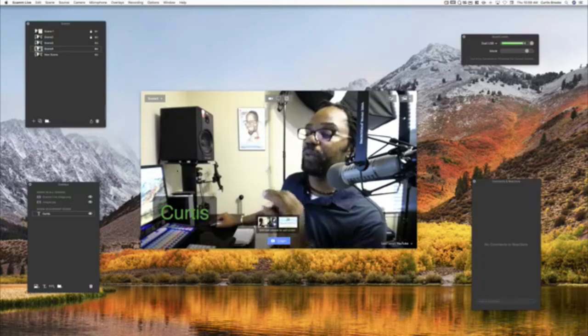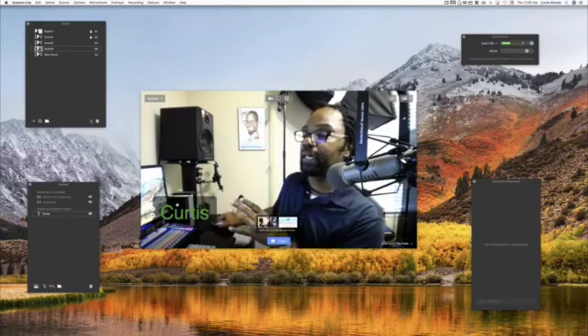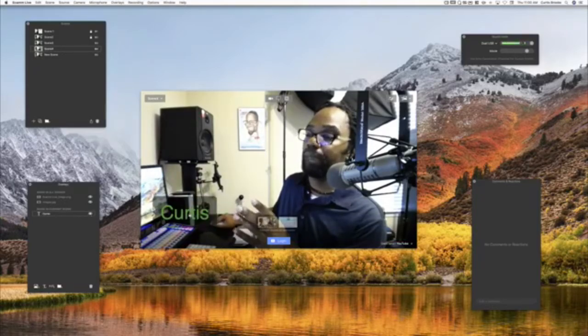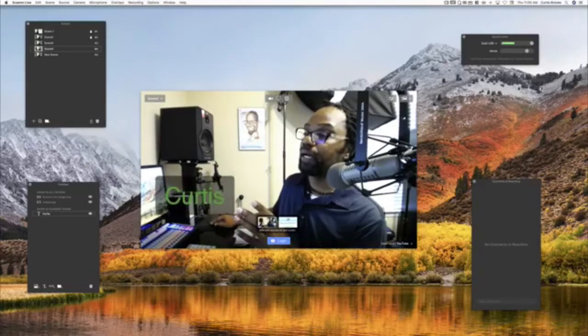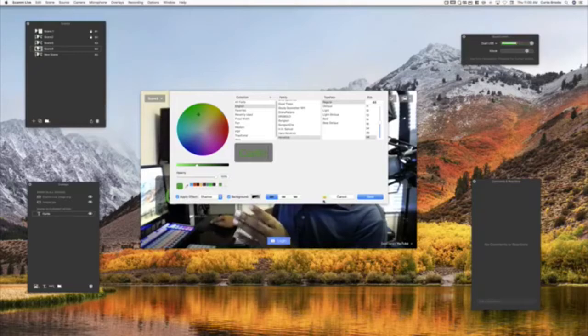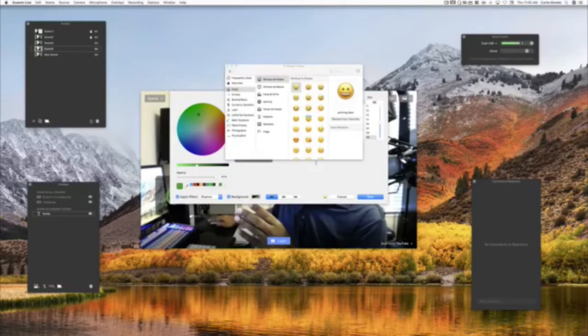So whether it's your name that you created as a lower third, or for your guests, your co-host, you can drag, you can go like that, drag and drop off the screen, place them back on the screen. You can enlarge them here, increase, decrease, that kind of thing. You can go back and make edits here by clicking. You can place emojis there as well by clicking on the button here.